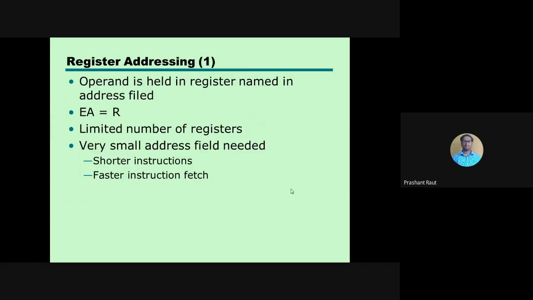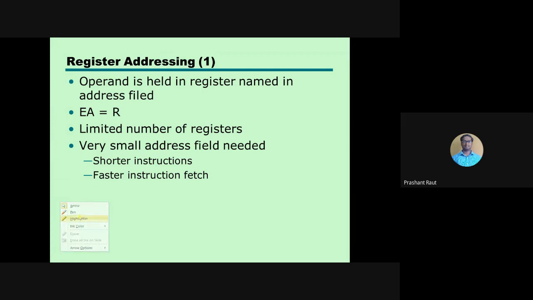Now next one, register addressing. This is very simple. The operand is held in the register named in the address field. So immediately you can say effective address is equal to R. What is R? R is a register. Effective address means the location at which you will get the value of the operand.